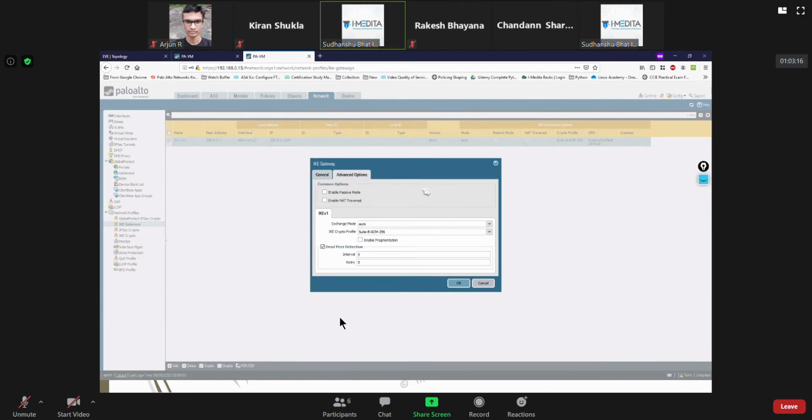So what is this used for? Passive mode means, see, the remote...